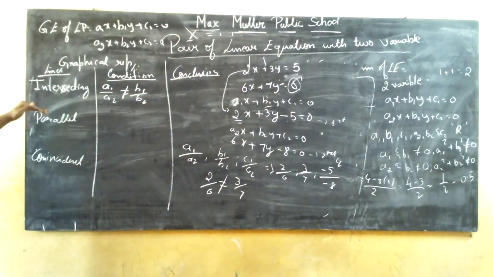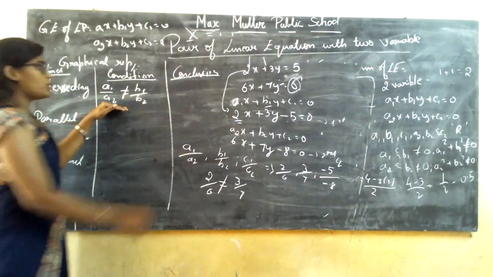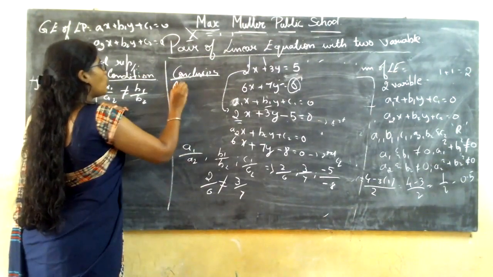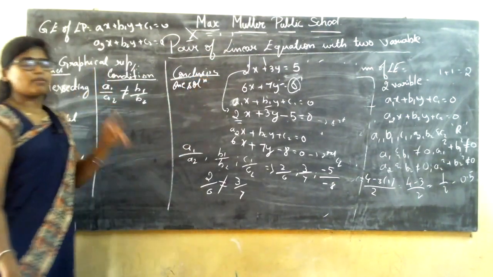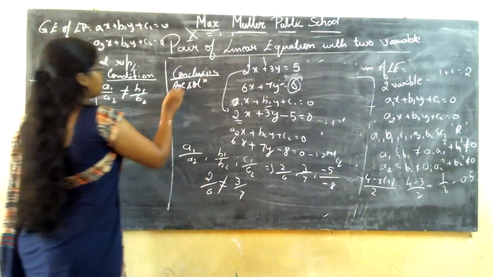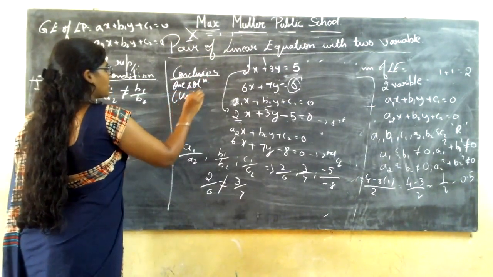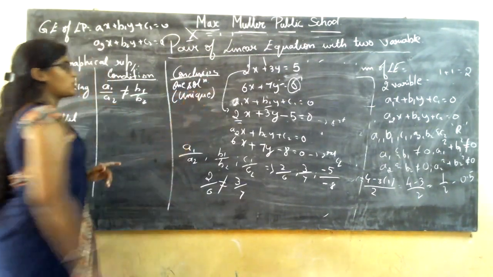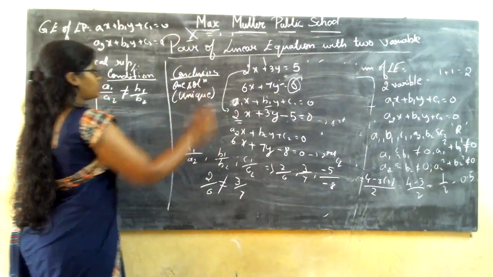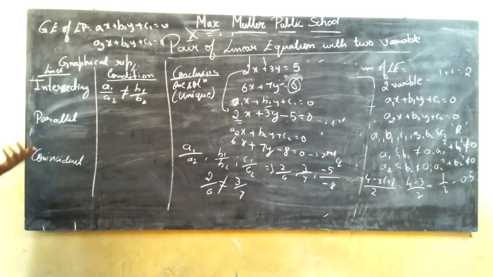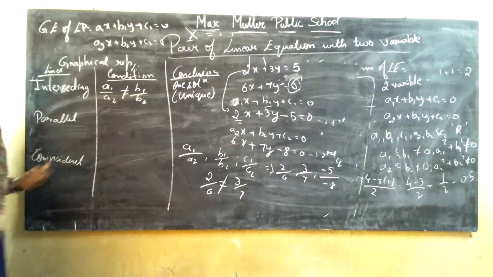Similarly, when it is said that it is an intersecting line using this condition, then you are going to say you will have only one solution. You can also name it a unique solution. Unique means only one single piece; a single talent is also called a unique talent. So a single solution is also called a unique solution.